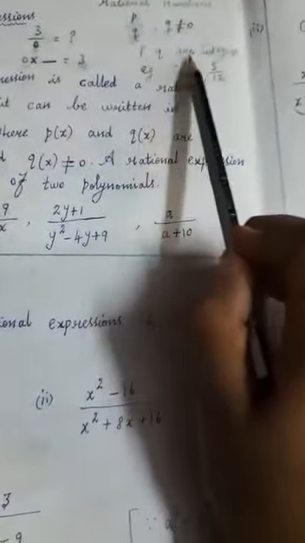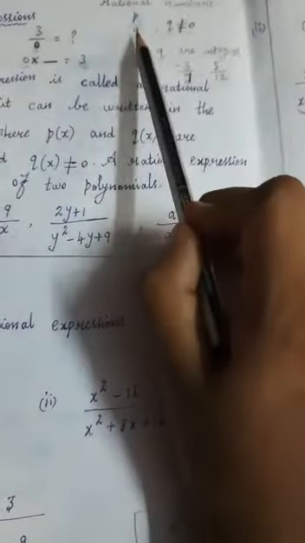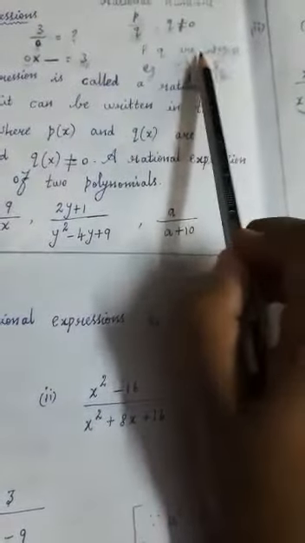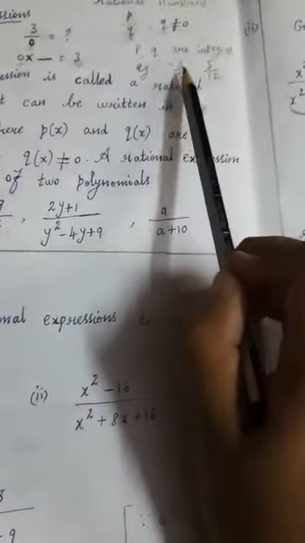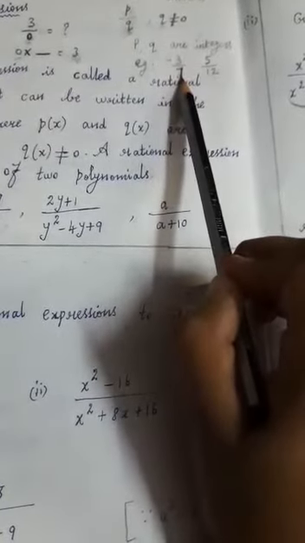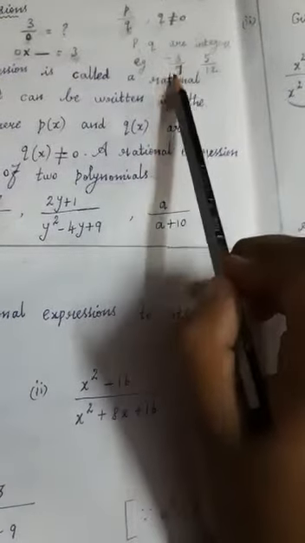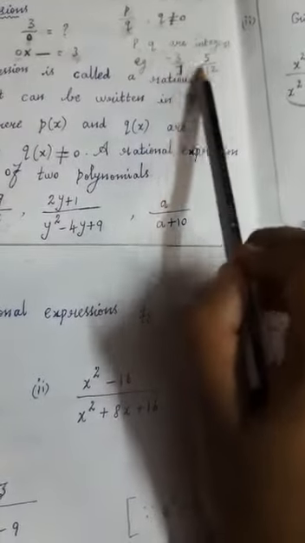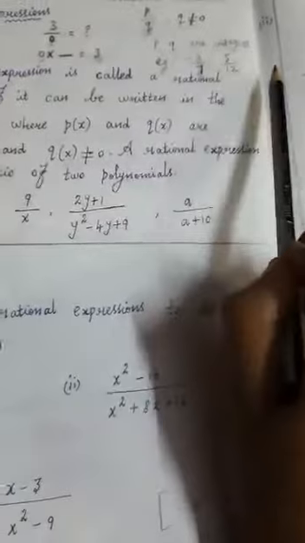The next one, p and q are integers. That means the numerator and the denominator should be taken from the integers, that is positive integers or negative integers. Some examples are here. Minus 3 divided by 7, is that in the p by q form or not? One number in the numerator, another number in the denominator. Here a negative integer, here a positive integer. The next one, 5 by 12. So these are examples of rational numbers.